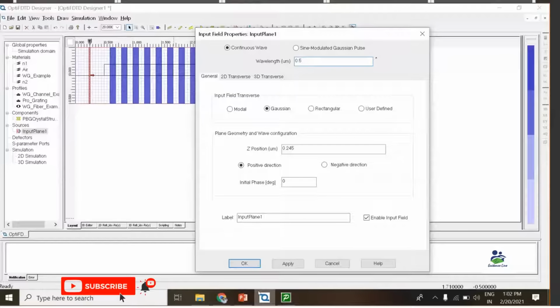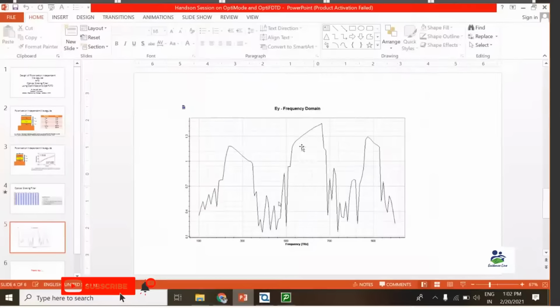In 600 terahertz also we have a band gap, so I have selected a value to cover this complete region. So I am making a pulse dimension in such a way that we get a very broad band to cover all the frequencies.